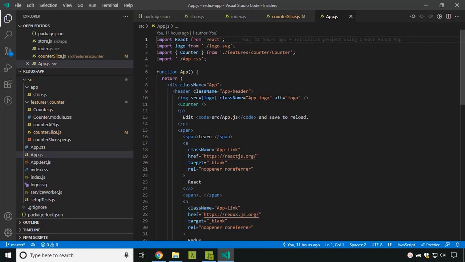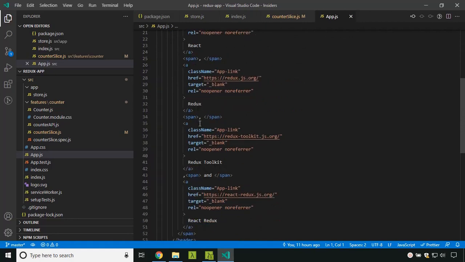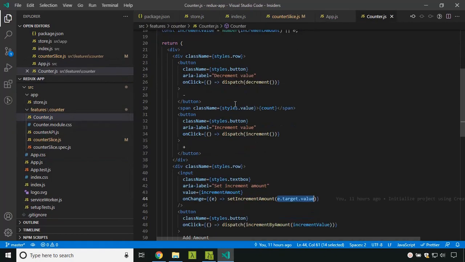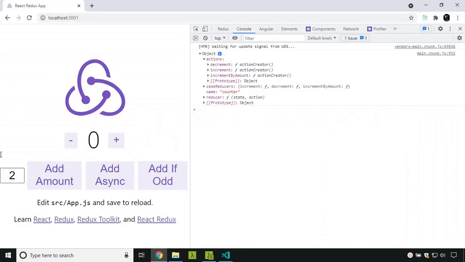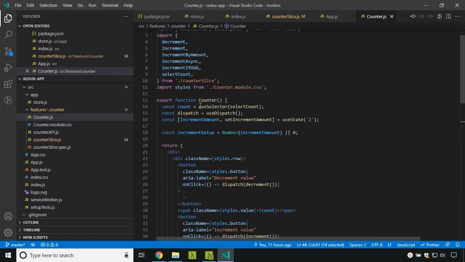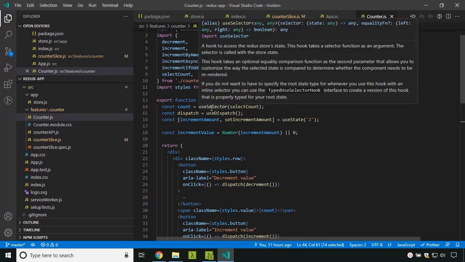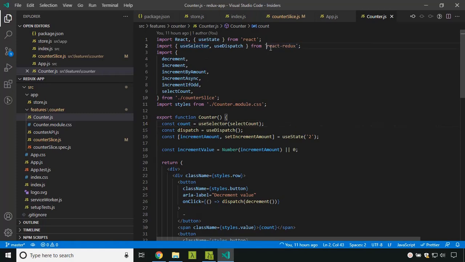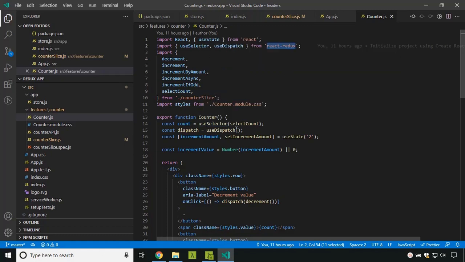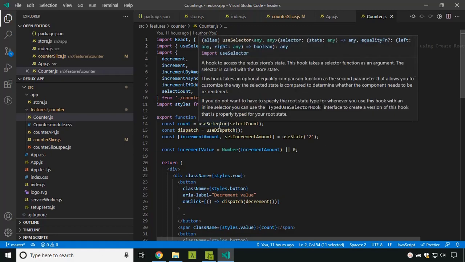Now let's go to our main app.js file. Here you can see that the state is not being used, and only inside the counter.js the state is being used. So now let's go to the counter.js. The counter.js is basically this part of our application. You can see that there is a decrement button and an increment plus button. Initially inside our counter we are making use of a selector, useSelector, from the React Redux library. Using the selector we will be able to get a particular portion of our current state.